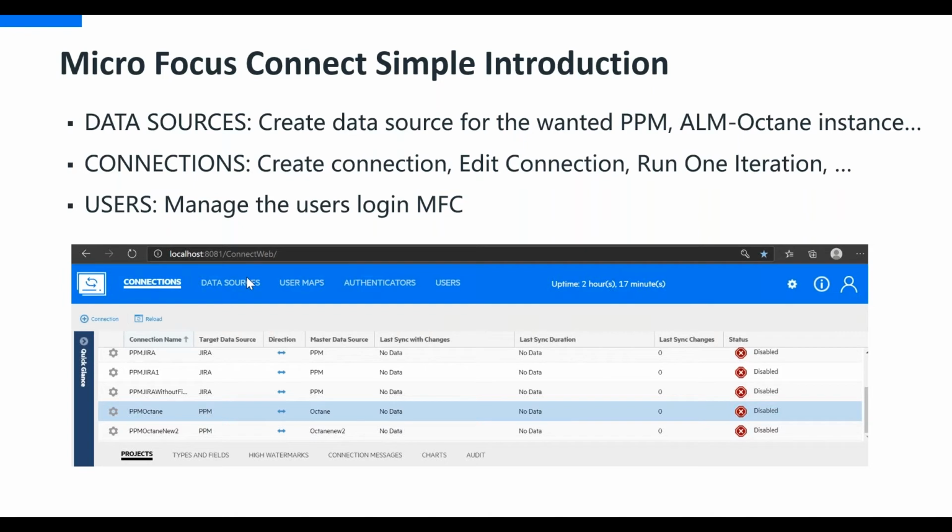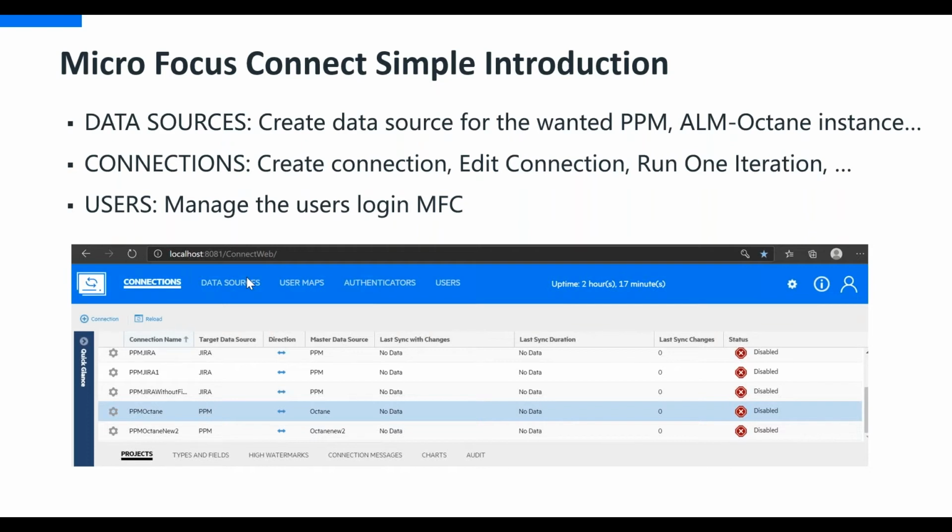It could be a Micro Focus product or the third party. For example, if you have a PPM production environment and if you have a PPM test environment, you will need to define two separate data sources to make these data sources available for the integration. So this is basically any instance of a product or the endpoint.